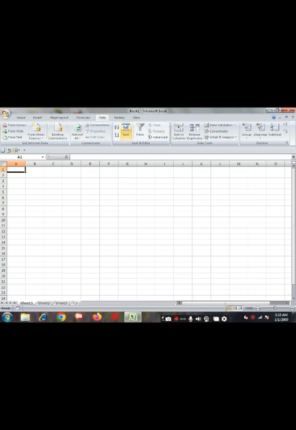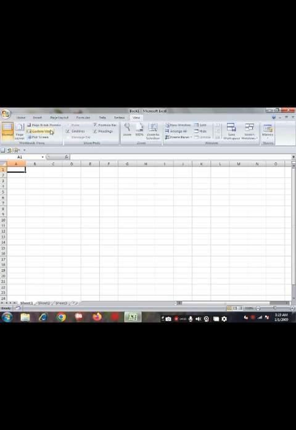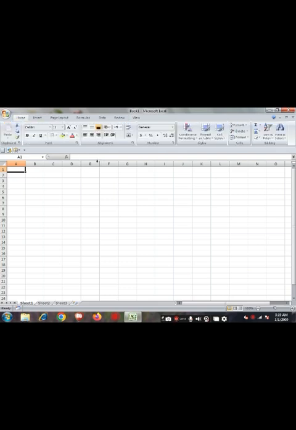When we click on formulas, it shows all the options of formulas. When we click on data, it will show the options of data. When we click on review, it will show the review options. When we click on view, it will show the view options. This is the ribbon bar that depends on the menu that we have selected to work on the screen of the software. This is the formula bar.